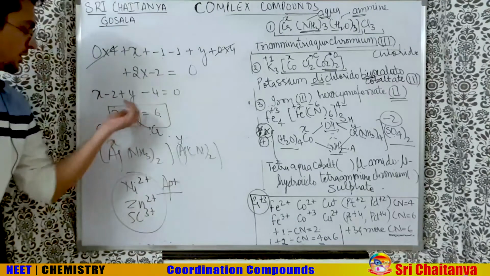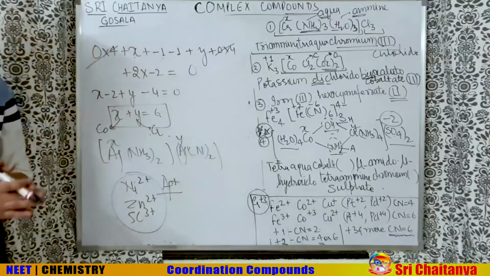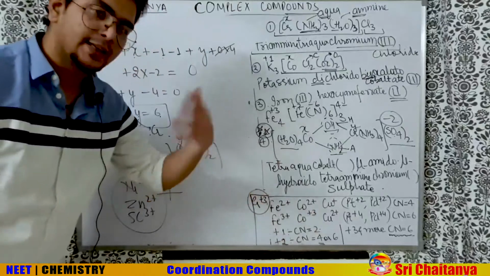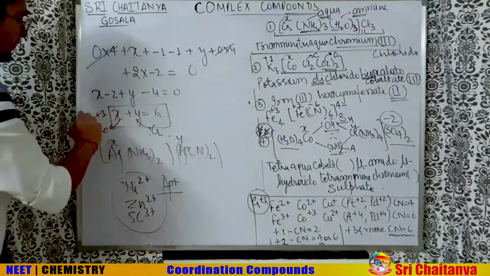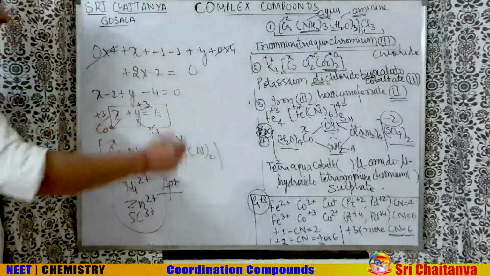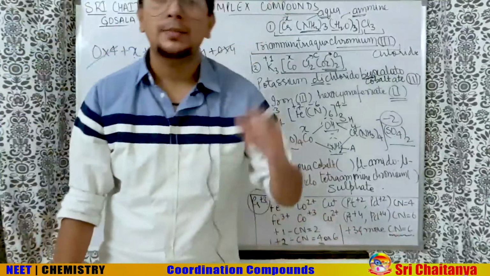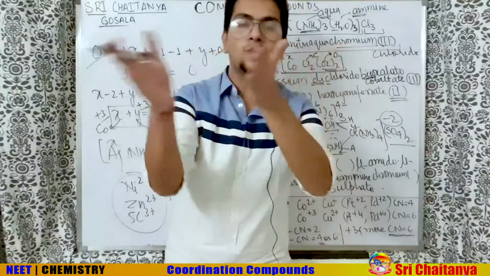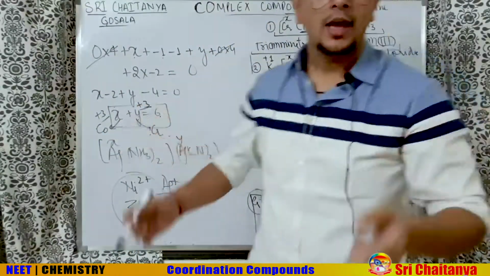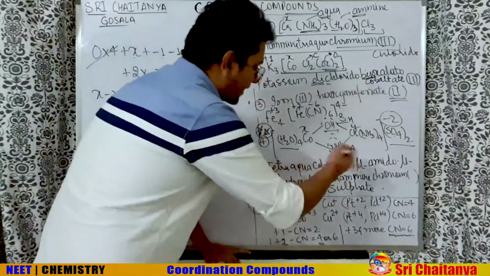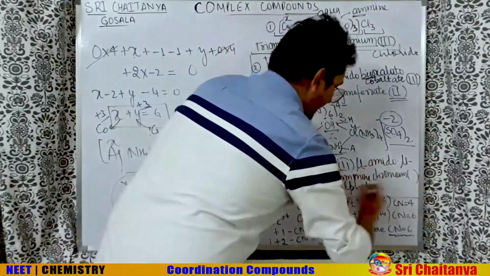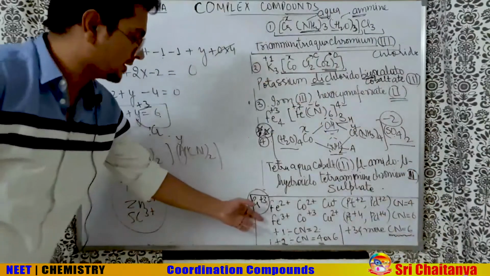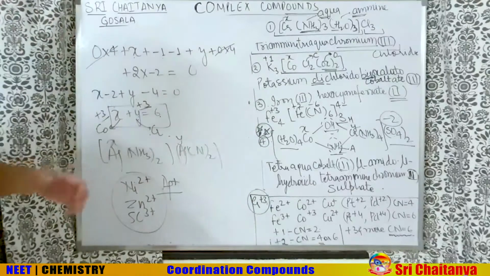So if you see X plus Y equal to 6, the only combination that can give you the answer is +2 +3, no. +3 +3, yes. So X should be +3, Y should also be +3, and this answer you get by hit and trial. Other way possible is that be smart, check the options. Check options, you will see in which case X plus Y 6 is coming. So anyway, I will write the name here. Tetra aqua cobalt third, and here also third. So for getting the answer, you have to know this list properly. It will help you in finding this kind of questions.